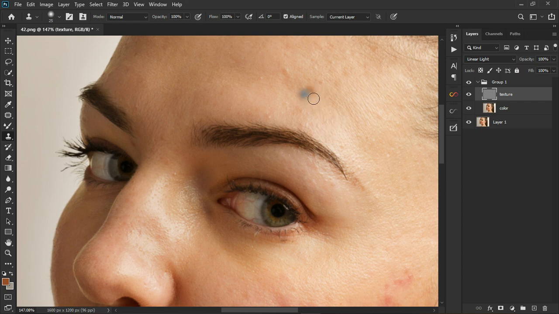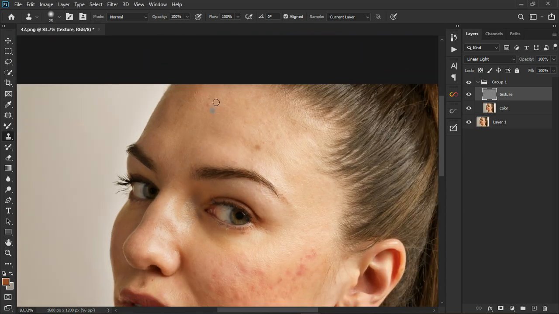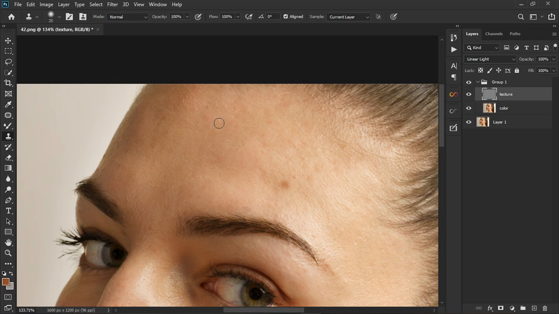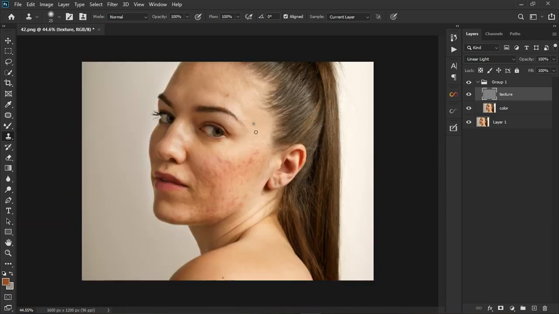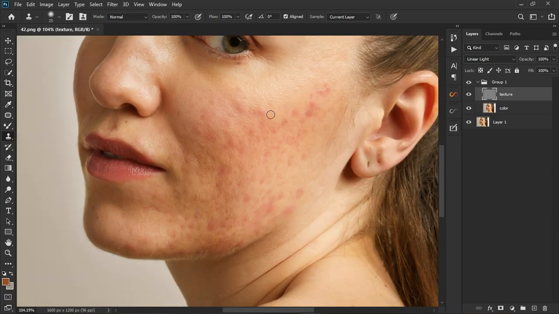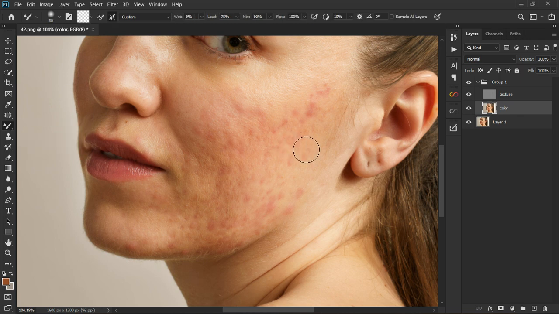You're going to be left with the color. Click on it, click on it. So the idea is to leave the color so that you can work on the color on the color layer. So I'm going to click on this one like that, and let's go. So we're done with the use of the texture layer. So now look how we're going to work with the color layer. Like I said, select the color layer, select the mixer tool brush, and quickly I'm going to make it bigger, and then I'm going to start dragging like this,